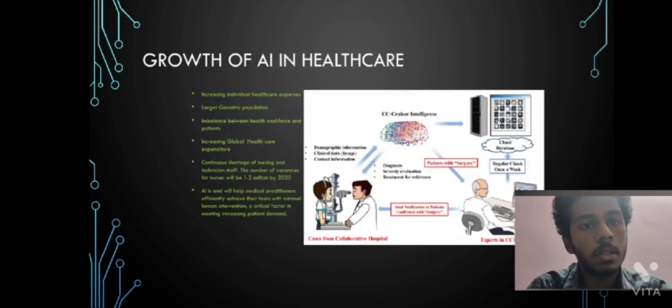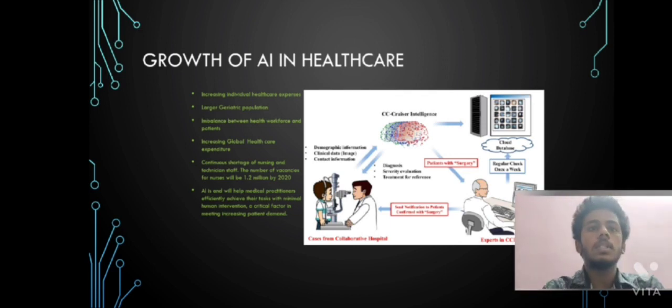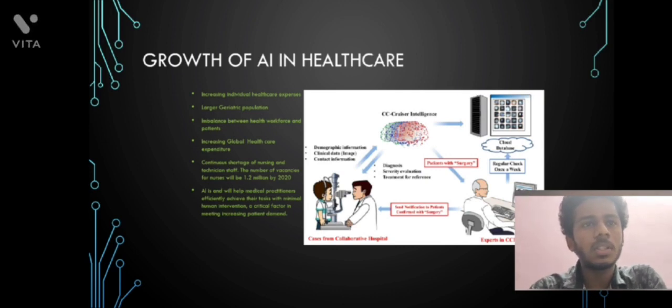And next we are going to see the growth of artificial intelligence in healthcare. The growth is driven by increasing individual healthcare expenses, larger geriatric populations, an imbalance between health workers and patients, and a continuous global shortage of nursing and technical staff. The number of vacancies for nurses will be 12 million by 2020. It's great, and by 2022 it may reach 15 to 16 million. Artificial intelligence will help medical practitioners efficiently achieve their tasks with minimal human intervention, a critical factor in